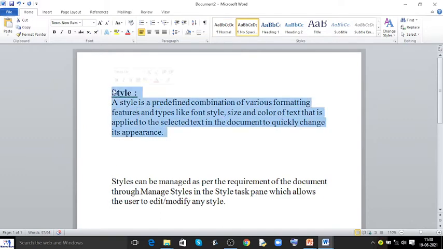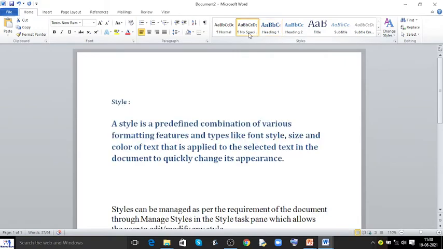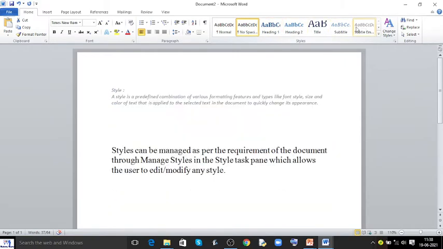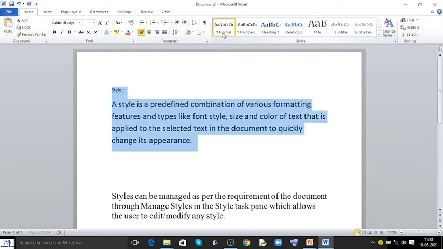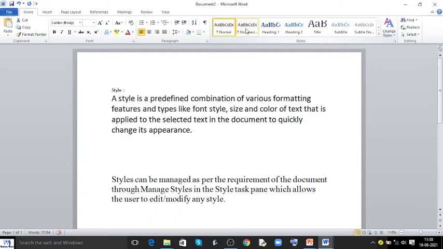Select that paragraph or the text that you want to apply the style to. This is my style group. Now see, normal: when you click on normal, this has changed. Now the style of this paragraph has changed. If you press the no spacing style, it changes again.